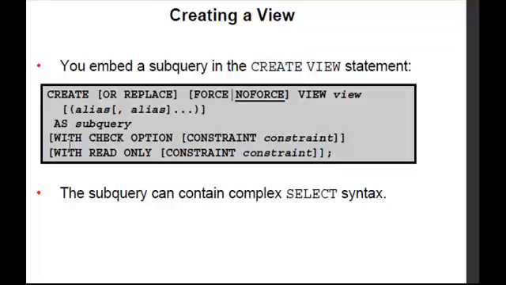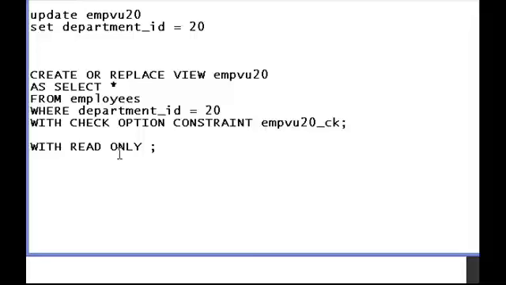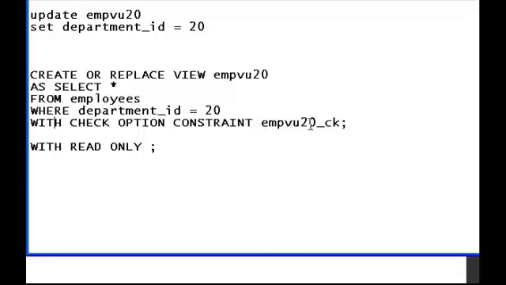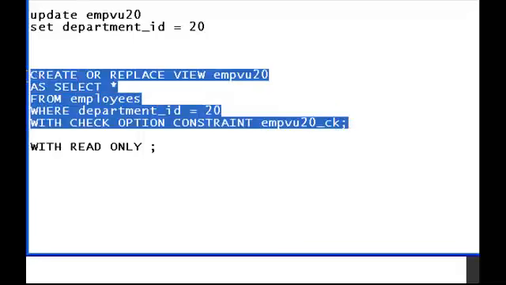If you notice in this syntax, we have two types of constraint in the view. One is the check option constraint, which already restricts which department, based on your where clause, you are allowed to access data for. Also we have another constraint that we can put next to that one, and that is the read only option. If you notice, no comma exists between these two. Let's look at this example. We created a simple view with the check constraint, and we said only department 20 is accessible. So if we go create this view,